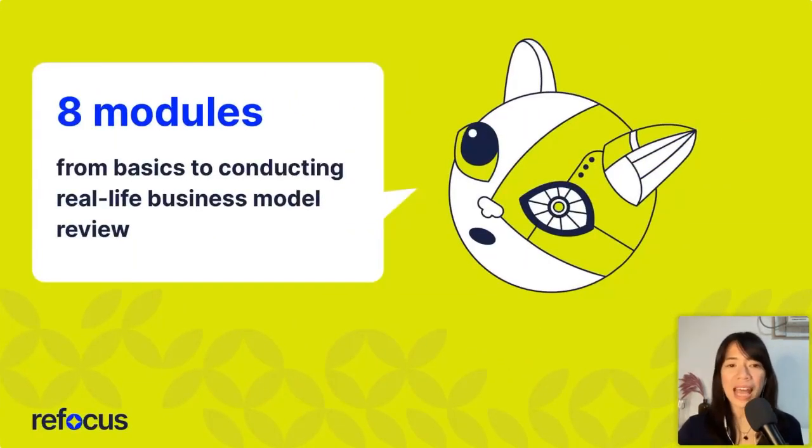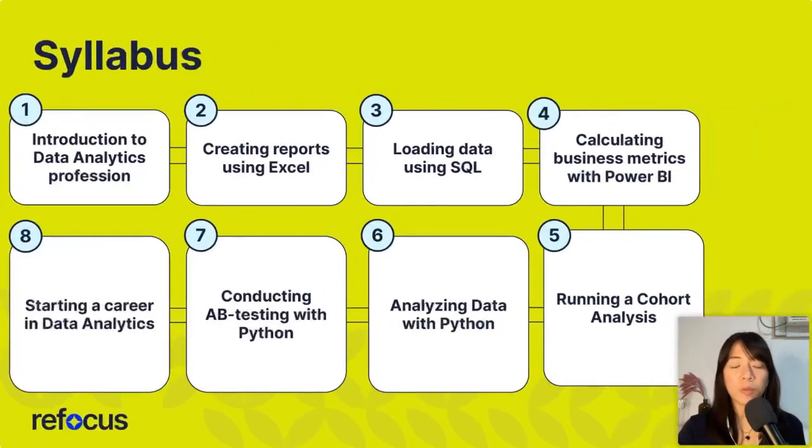So the course has 8 modules, and we will teach you the very introduction to data analytics as a profession. So just like the question earlier about the differences of a data scientist, architect, engineer, you will learn all those things in the first module already. Okay, so you will learn about the professions and what your options are as a professional. Now from there, we teach you the different programs and languages. And then at the end of the course, we also help you in starting your new career in data analytics.